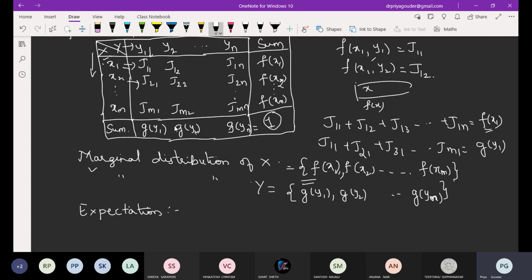Expectation can be defined for x and y separately. Expectation of x is denoted as capital E of capital X, or even denoted like this, mu x. This is given by